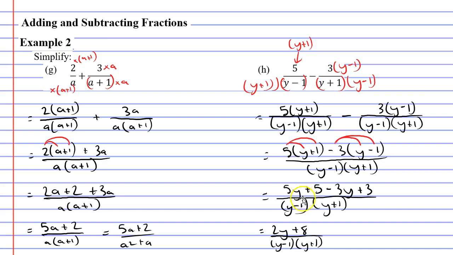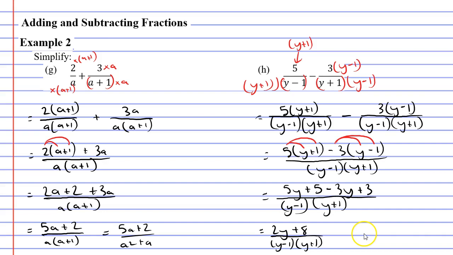Now for this particular example, I feel that it is very important that we expand the denominator this time. In question G, I said either one of these simplified solutions was appropriate, but for this particular example, I feel that it's very important that you expand the denominator here. And the reason I say that is when I do it, it's going to make a